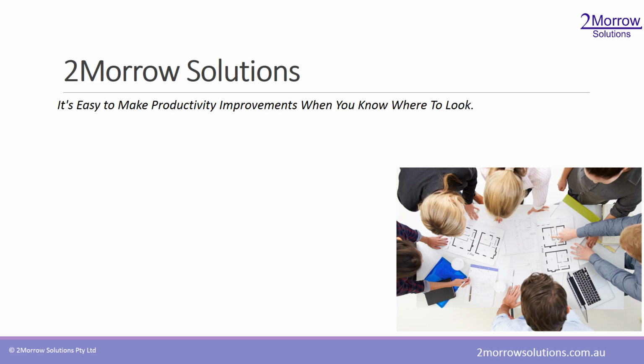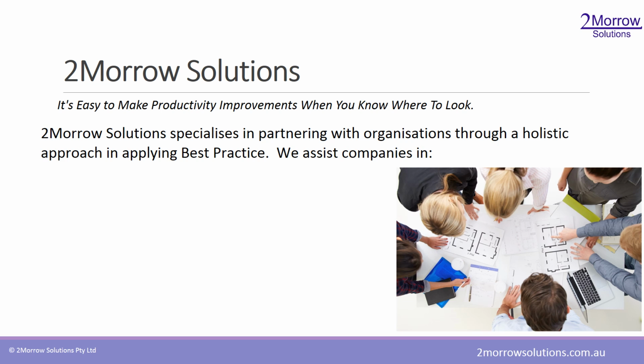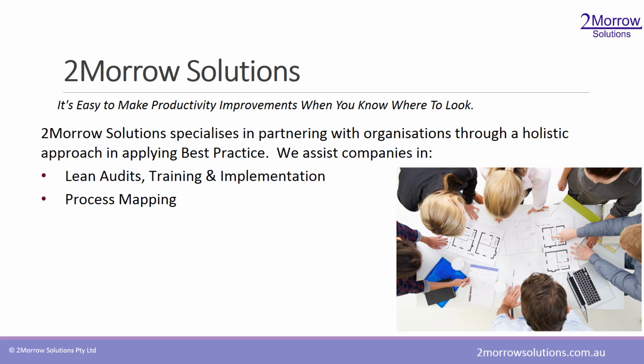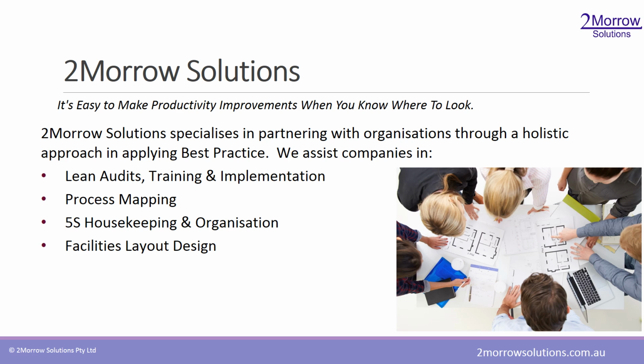Through a holistic approach, we assist companies in applying best practice by offering the following services: lean audits, tailored training in lean management principles and implementation of lean management in organisations; process mapping workshops, utilising process charting and value stream mapping techniques; training and coaching in the implementation of the 5S housekeeping and organisation system; facilities layout design for offices, factories and warehouses;